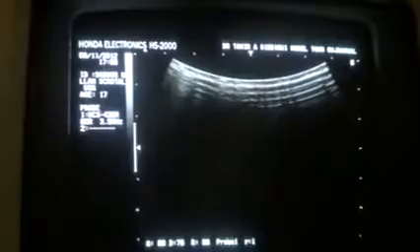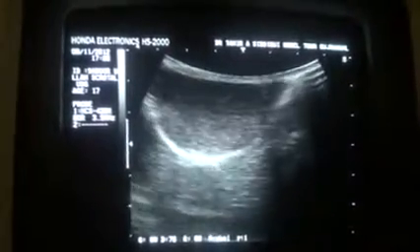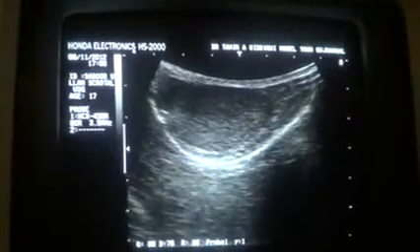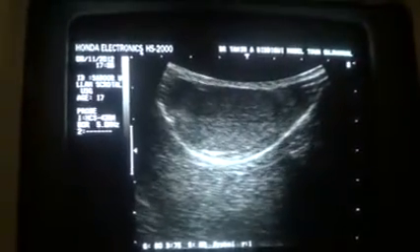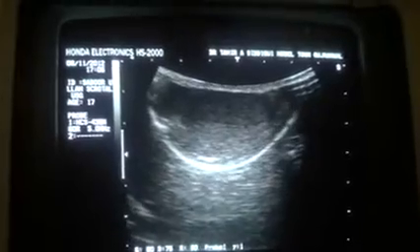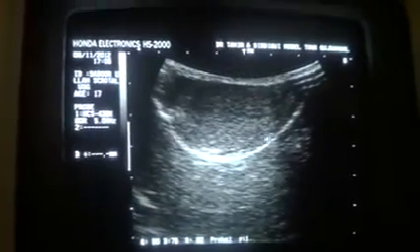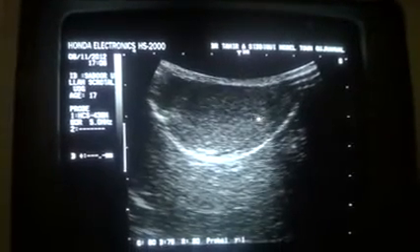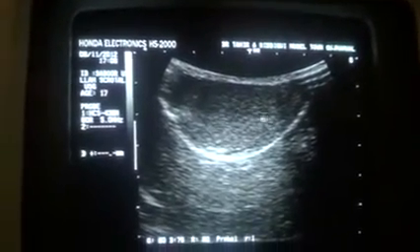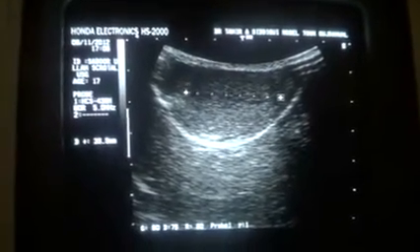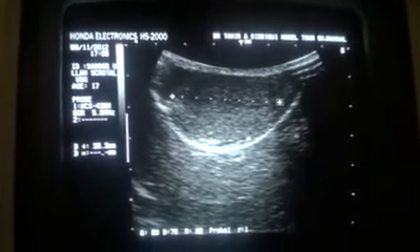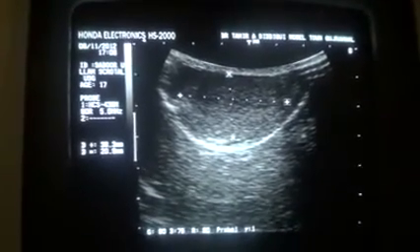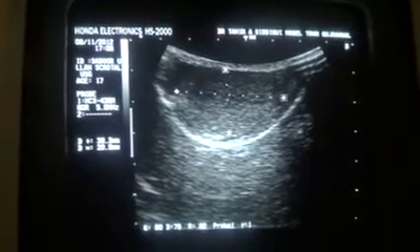This is the left testis in longitudinal section, and you can very well see that the mediastinum testis is clearly seen. Thus, you can easily declare it to be a normal testis. This central thin line that you are seeing is the mediastinum testis. The testis measures 3.8 centimeters in length and 2.0 centimeters in anterior-posterior diameter,